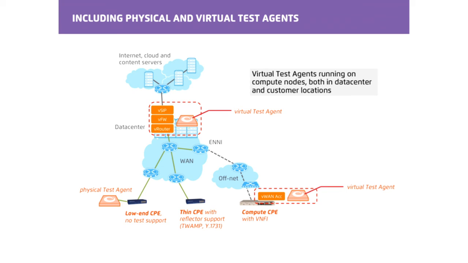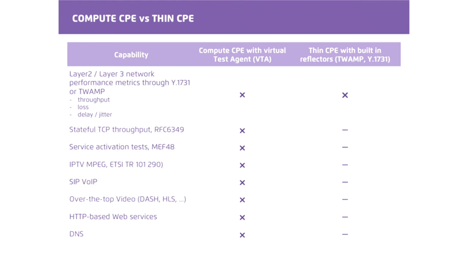We cannot cover all the services, but still we can get quite far. So let's see now what we can do. First of all, we can compare the test agent with the reflectors that are built in. In terms of network performance, TWAMP and Y1731 bring insight into the classical network performance metrics, such as throughput, loss, delay, jitter, whereas the virtual test agent